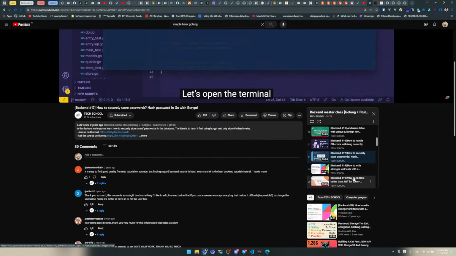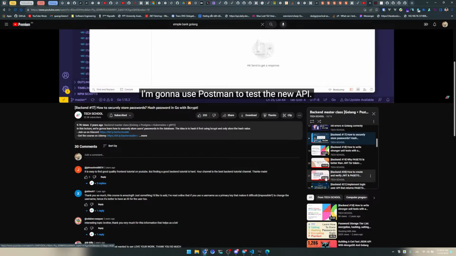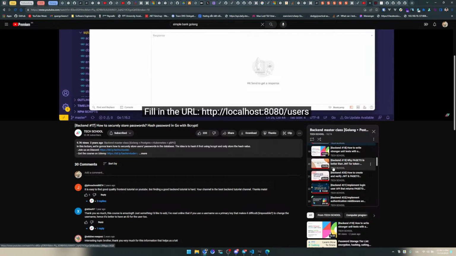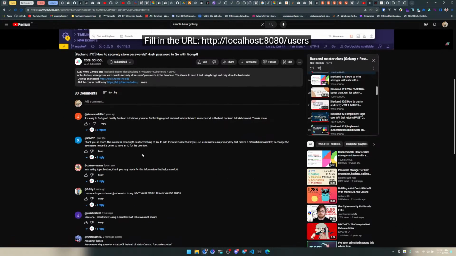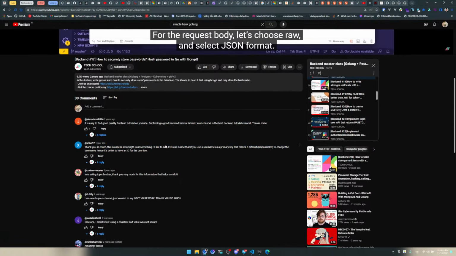Let's open the terminal and run make server to start the server. I'm going to use Postman to test the new API. Let's select method POST. Fill in the URL http://localhost:8080/users. For the request body, let's choose raw and select